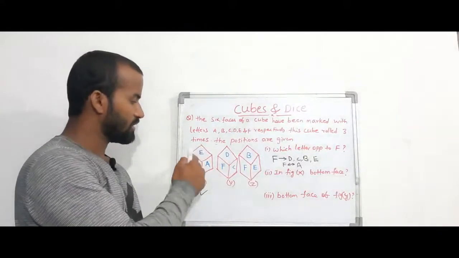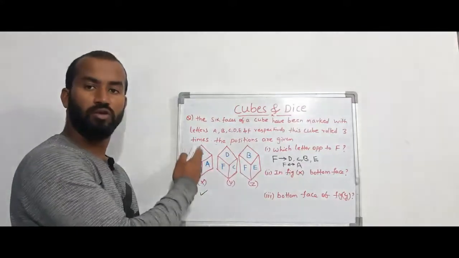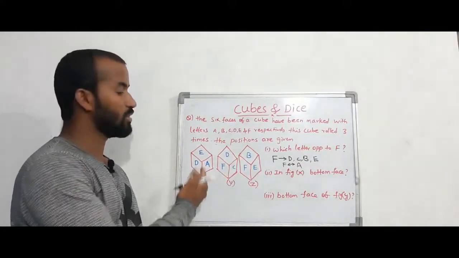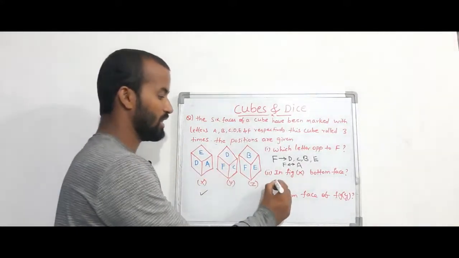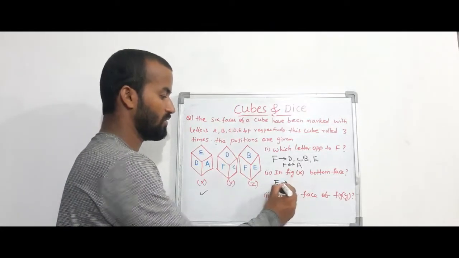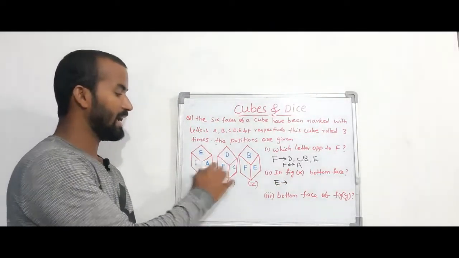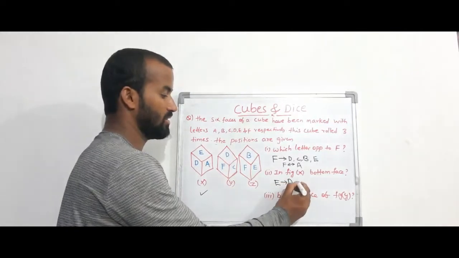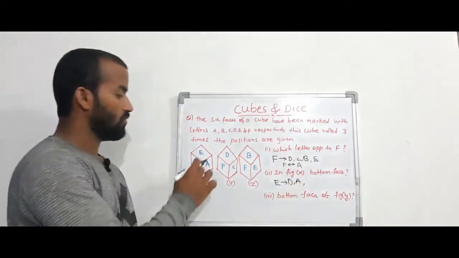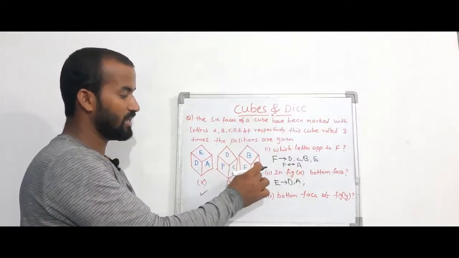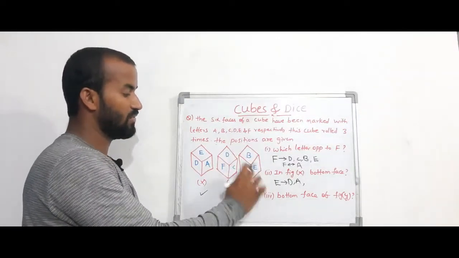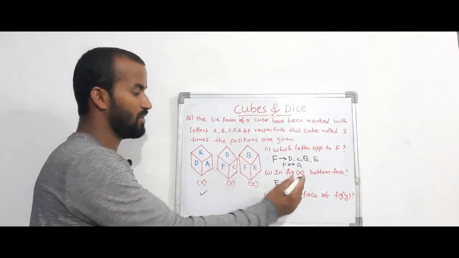See, what is the top face? Top face is E. So we have to find opposite to E. What is opposite to E? Now again, for E, what and all adjacent? D and A are adjacent. Now, in any other figure E is there? E is there in Z figure.